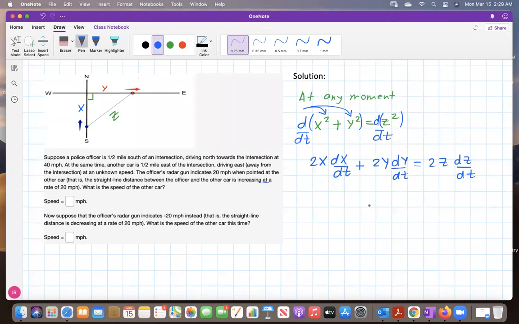Okay, so now let's substitute what we have and let's find what we don't have. Right? We have x. They say that x is just equal to 1/2, right? So 1/2 here. dx dt is the speed of the officer's car, right? Notice x throughout time